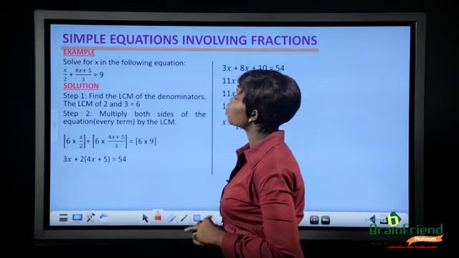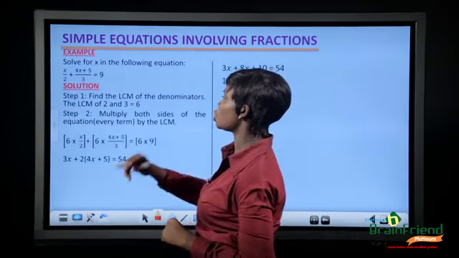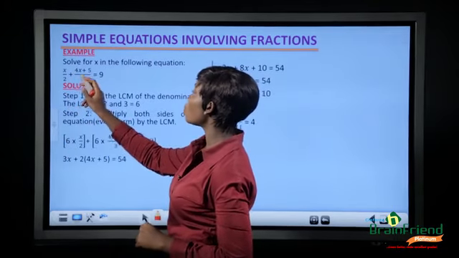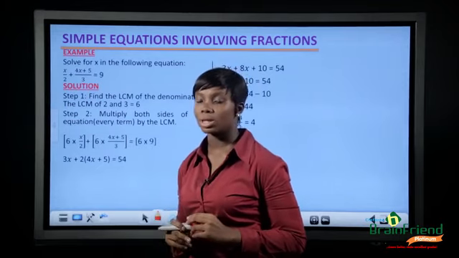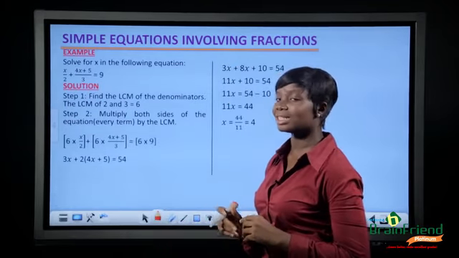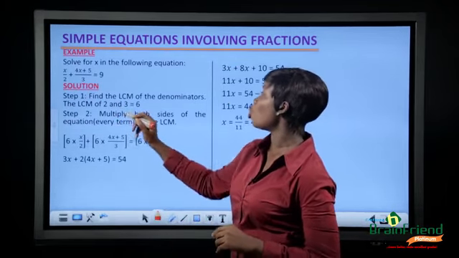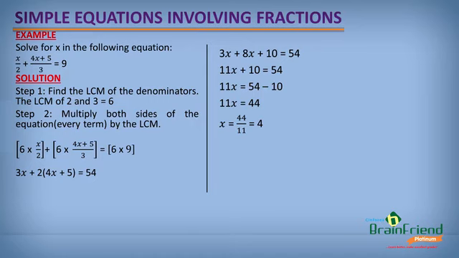Now, the first example: solve for x in the following equation. x over 2 plus (4x plus 5) over 3 is equal to 9. The first step, as I said, is to find the LCM of the denominators. The denominators are 2 and 3. The LCM of 2 and 3